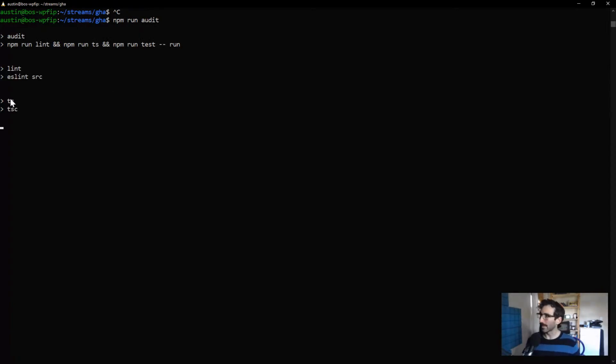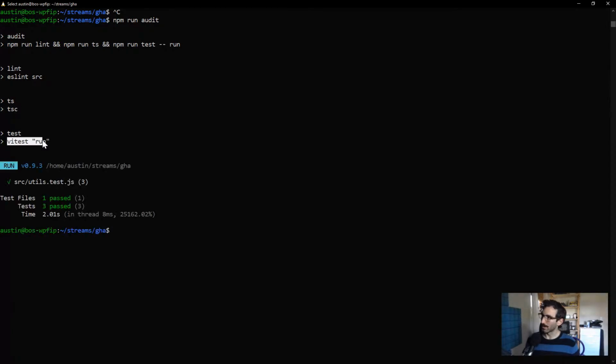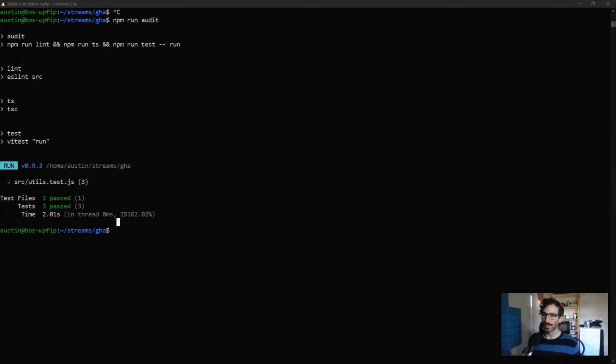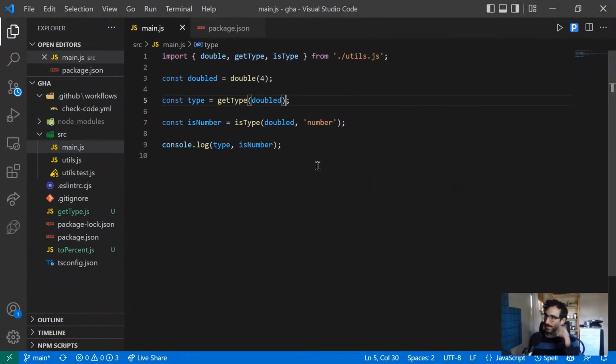And we'll see that it's going to start by running this linter, and then it's going to run this type checker, and then it's going to run our test runner. And it looks like all 3 of those didn't have any issues, right? We can confirm our suspicions by going into main.js,